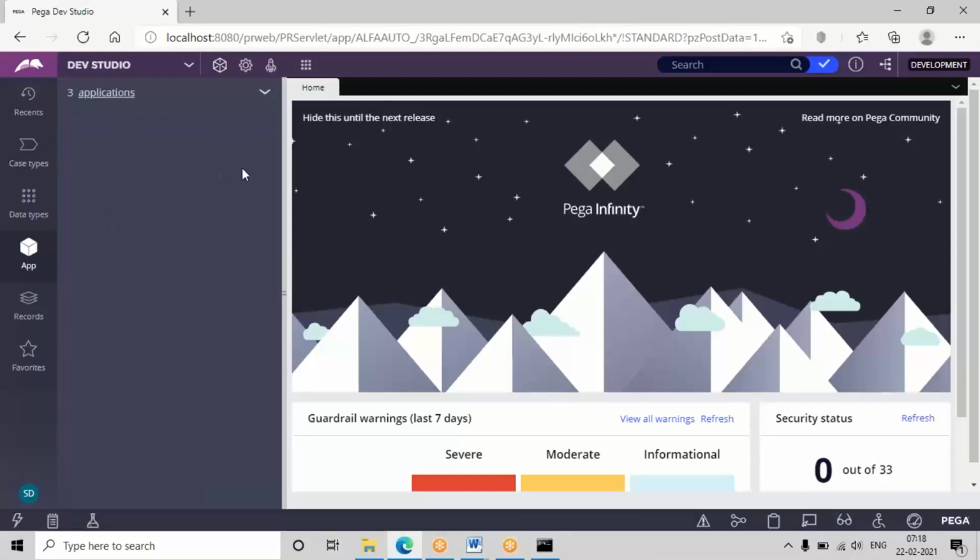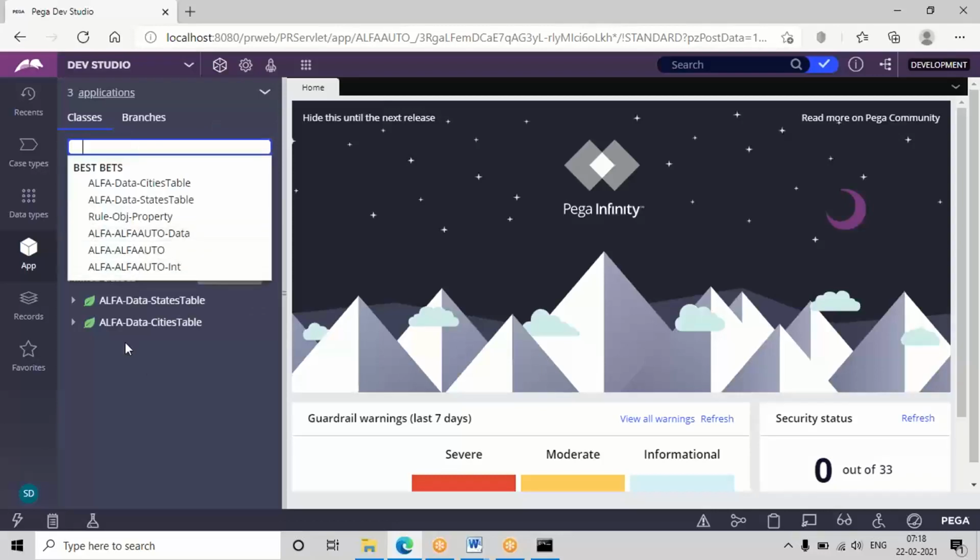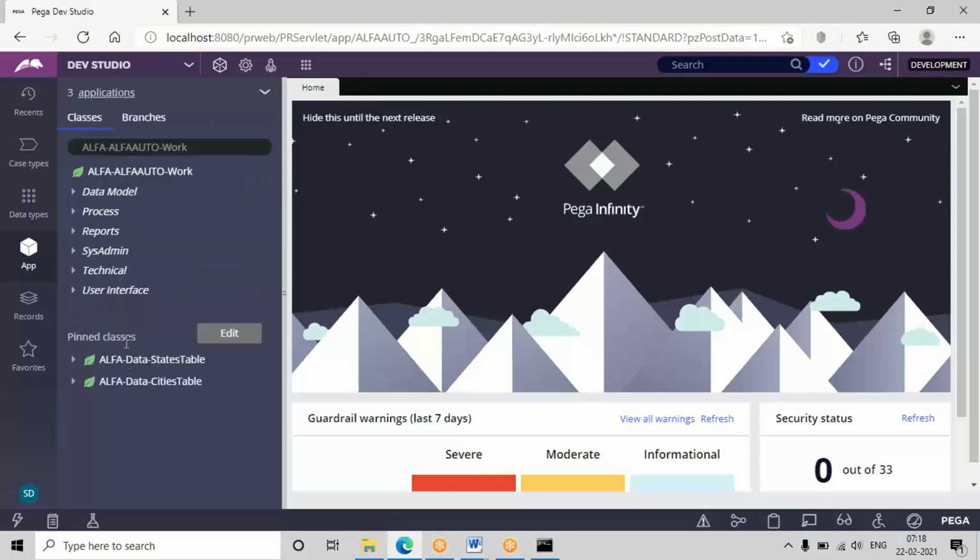So open it manually first and add this to pinned classes. And under this table, I'll be creating the report definition. And later you can replace it with the work layer. Now the report will be defined under the cities table.